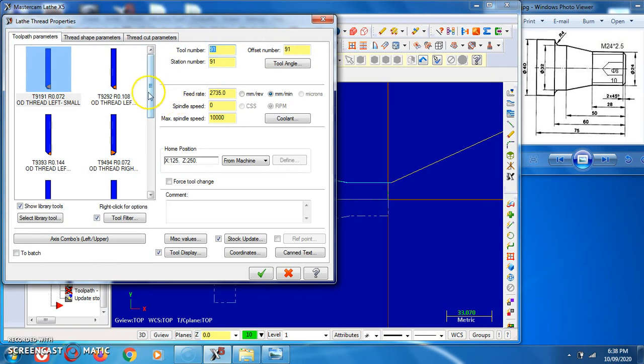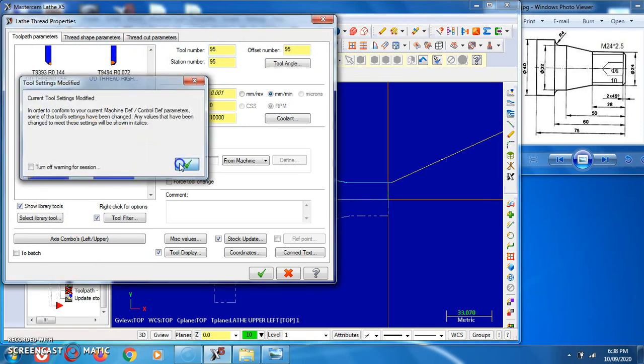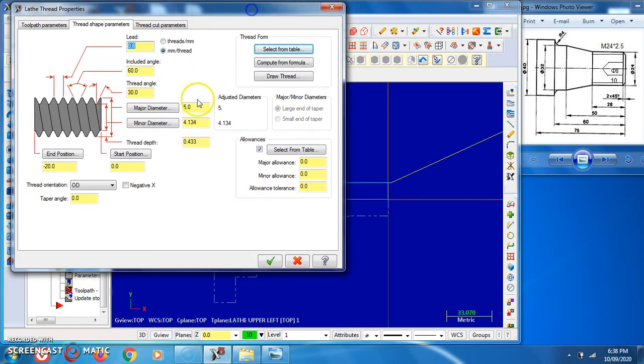Click on thread, select the thread tool, select the parameters. Now here we have to set the parameters. The outer diameter of this given thread system is 24. So this is the major diameter, it is 24. Minor diameter, 2.5 mm from both directions we have to reduce.